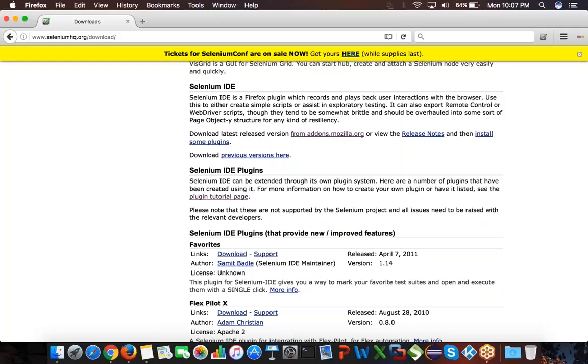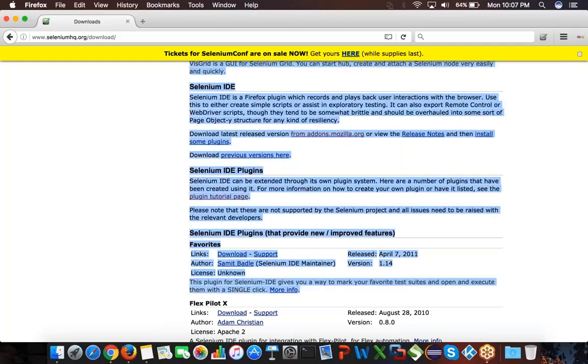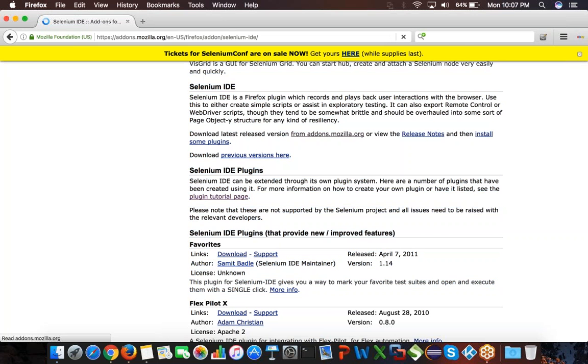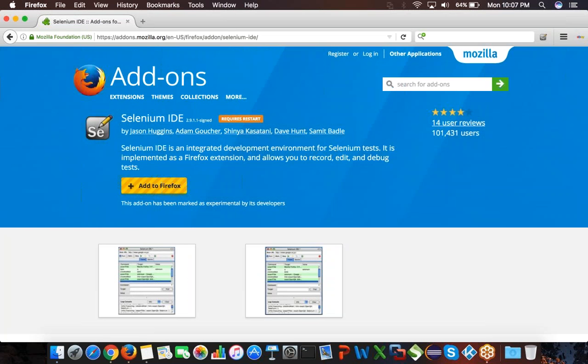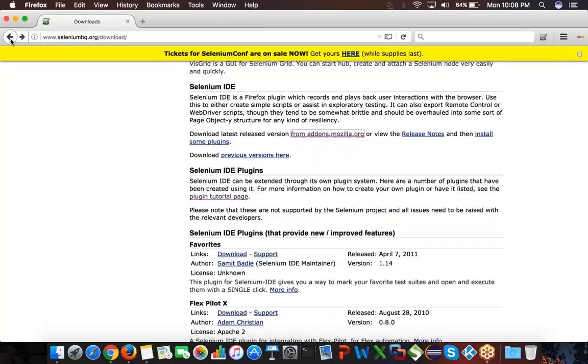There are all these three tools, and support is given here. Or you can go to the Mozilla website, click on add to Firefox, and it will add to your Firefox. This is the way to install the Selenium IDE tool.